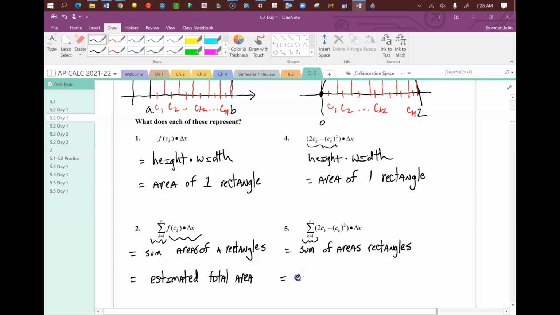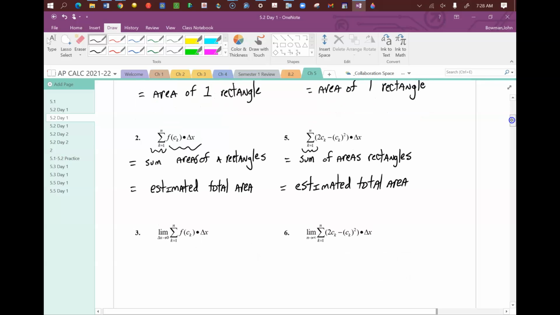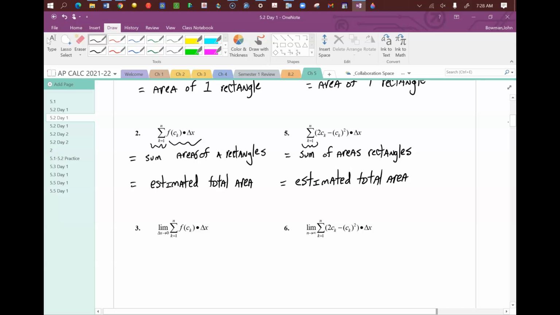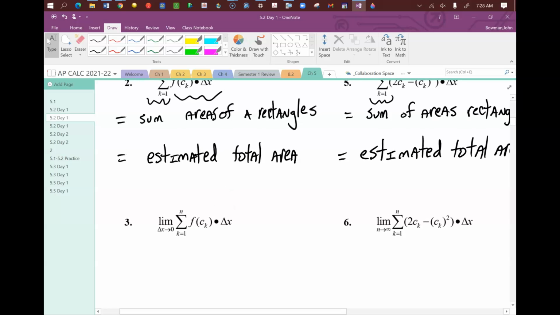And this expression is the estimated total area. And here's where we transition, here's where we go into the calculus concepts, and we transition to the exact area. So you'll notice the only difference between this expression and the one above it is that we have this